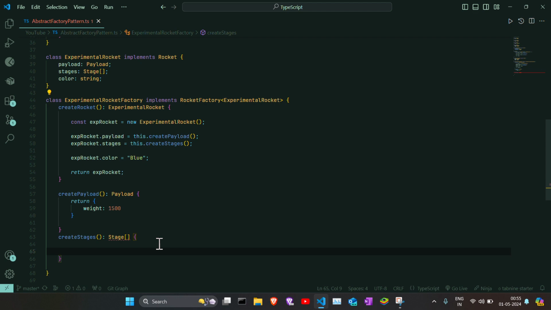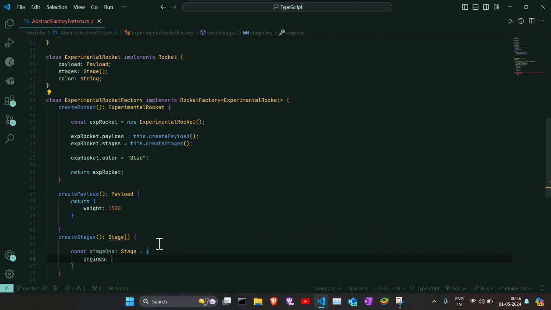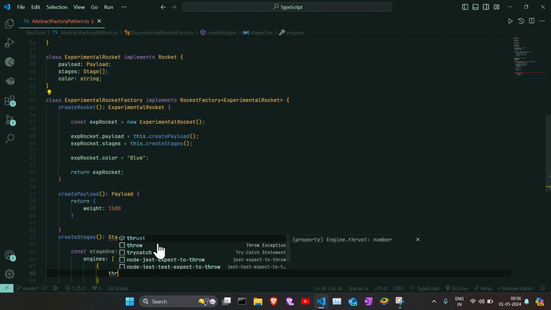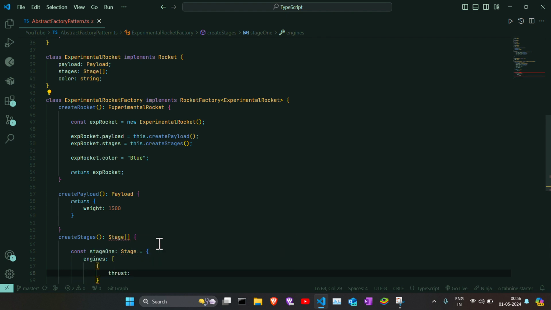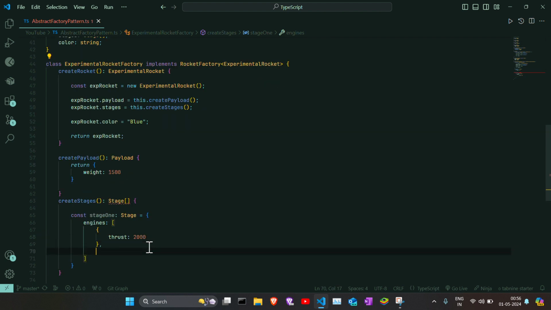So let's say stage 1 will be of type stage. This will be an object, engines, which is an array of engines, plus, let's say, 2000, plus, let's say, 2500,